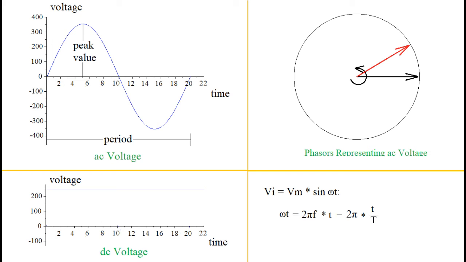This changing voltage using sine function allows us to represent voltage using phasors. Phasor is a line segment whose one end is considered as a tail of phasor and other end is attached with arrow. Such phasors are shown on slide. When these phasors represent sinusoidal AC voltage, they trace a circle.